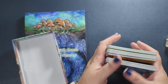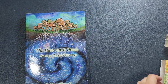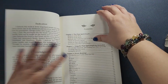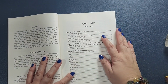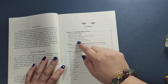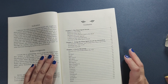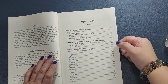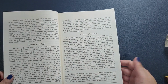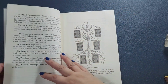So that is, oh yeah, let's take a look at the guidebook, because I just flipped through it, but want to show you the details inside. Those are the cards. And so you have here the Plant Spirit Oracle, Medicine of the Body, Medicine of the Spirit, Methods and Traditions used in the book, a note on invasive species, a note on plant identification, an overview of the Plant Spirit Oracle, and then information on how to use the Plant Spirit Oracle for divination, and then you go into the oracle meanings. So you have all of these pages for the introduction, and then you have some spreads,